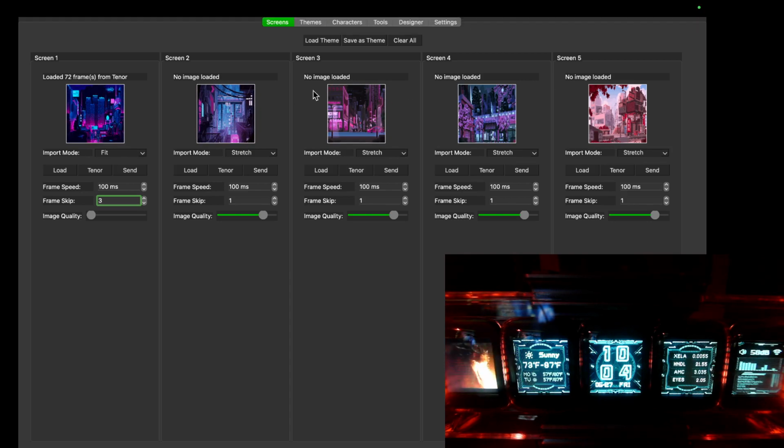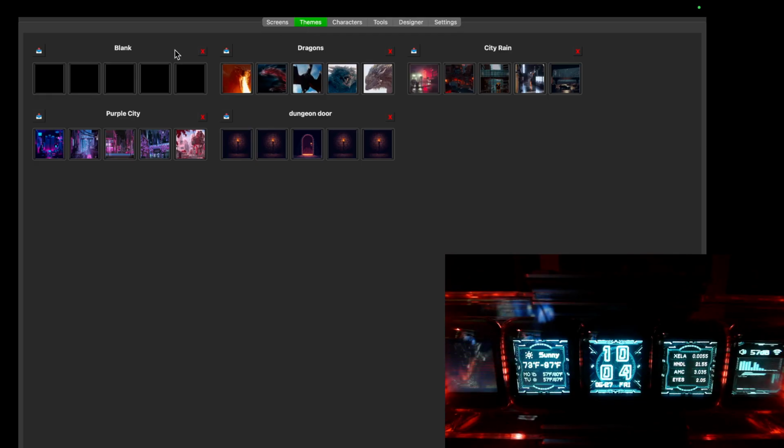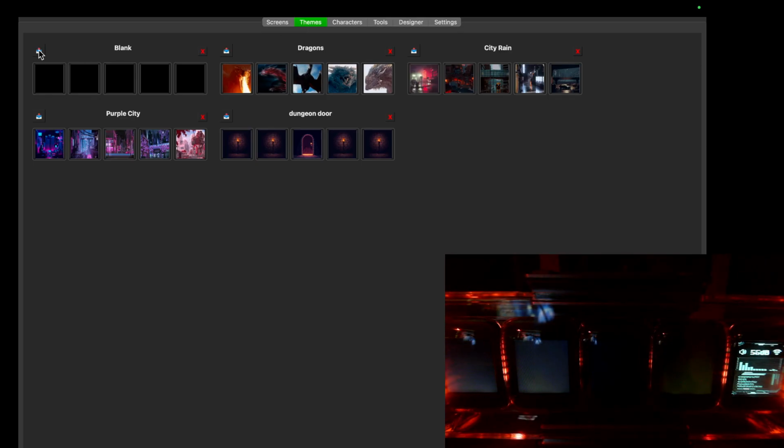If I wanted to send one of those themes, I could send them one at a time from here, but from the Themes tab, I can send the entire set. You'll see every single one of the screens will change in order. If I want to send something like this, the purple city one, which has larger images, and all this data is stored locally, so it's going to take a little bit longer to send, but it will eventually all send to the screen. And like I said, it stores all the data locally, so even if you create, on the Screens tab,